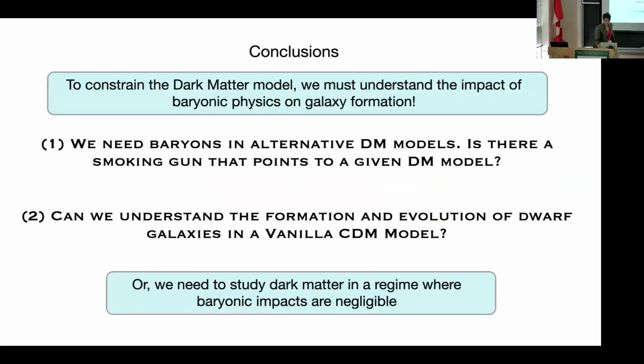So yeah, that actually brings me to the end. So, the main takeaway here is baryonic physics are very hard to disentangle from the underlying dark matter model. And so, there are a couple of paths forward, which is a lot more people have recently started running baryonic physics in different dark matter models, non-CDM models, which is awesome. But also, it's not clear that we understand dwarf galaxy formation in particular, even in CDM, right? I just showed you that, it's not clear that we get the sizes right.